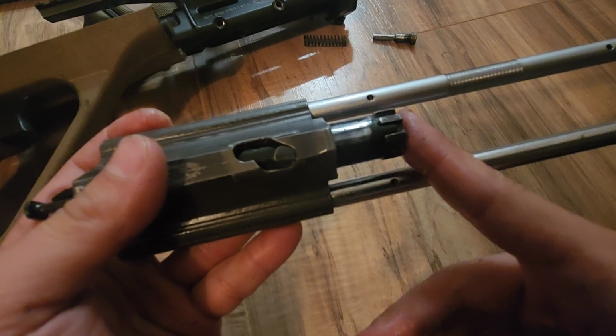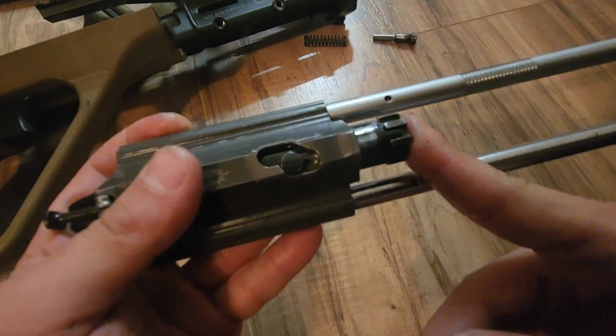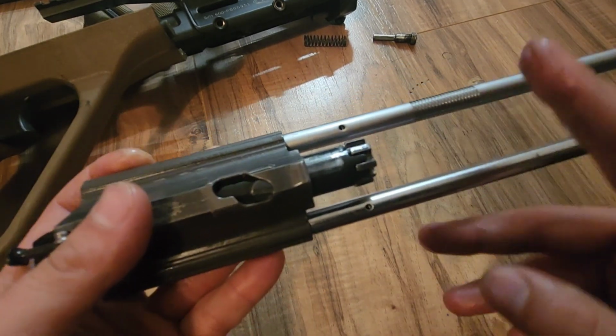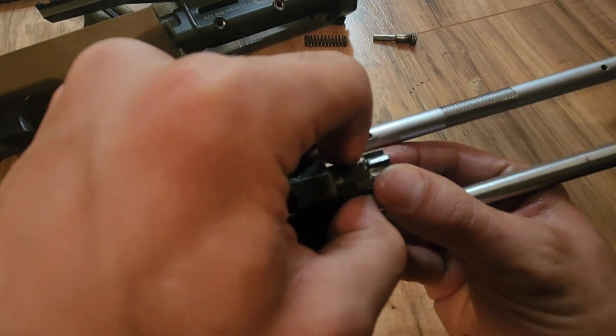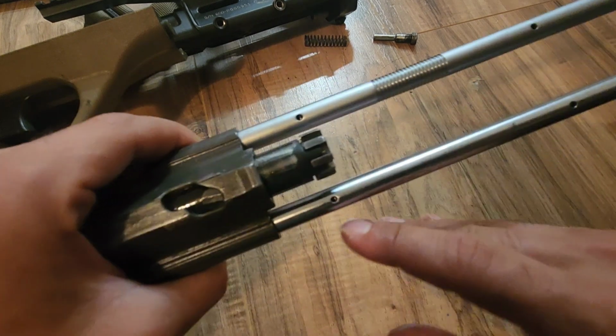Now, when the gun is actually in battery, this bolt head is pushed much further rearward, more so than I can actually do. They have this weird little thing right here, and it's kind of eating up my finger trying to do it. But just keep in mind...